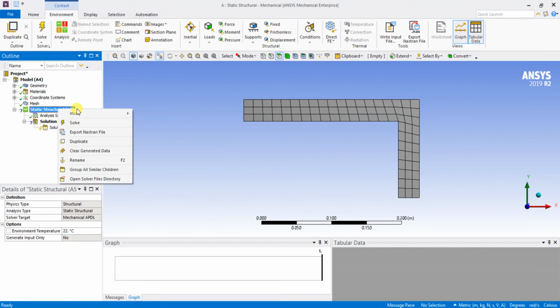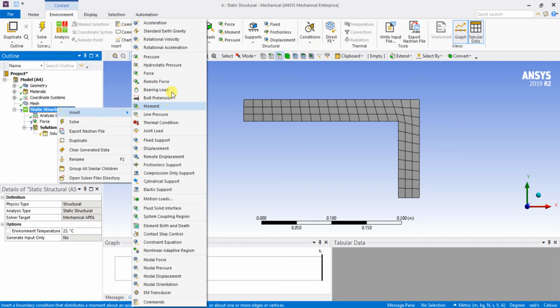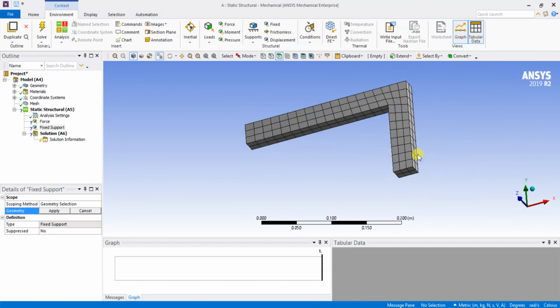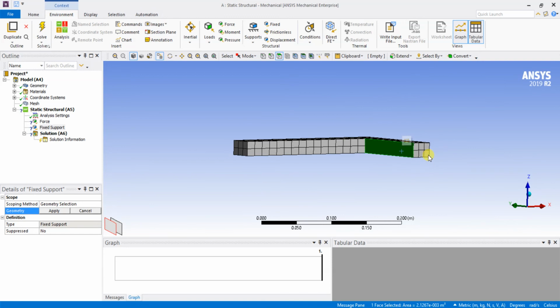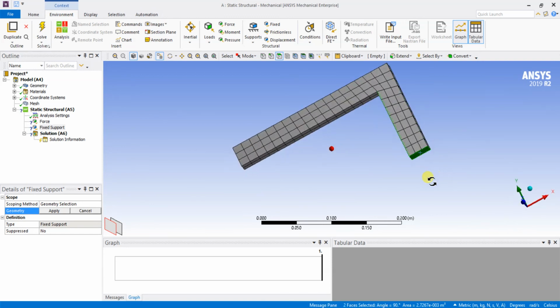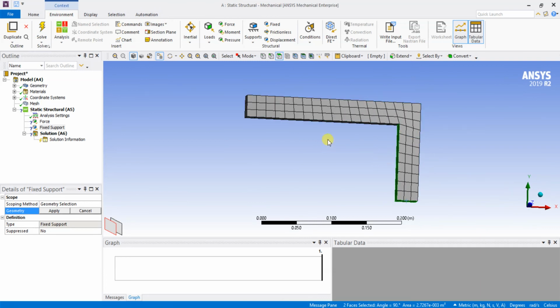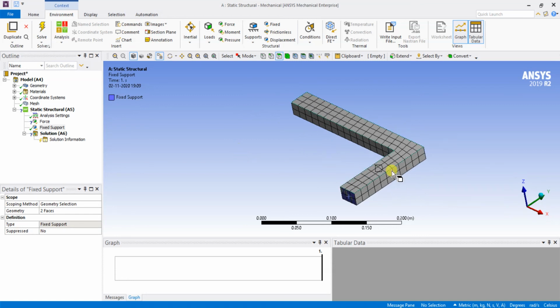I'm going to select the fixed and force options where I'm going to give load and all those things. I'll be telling you. I'm going to fix some points. I'm going to fix this plane and this plane and again this plane. Okay, I'm going to fix these things. I'll just fix these things alone, and I am giving the apply option. Okay, two faces have been fixed.